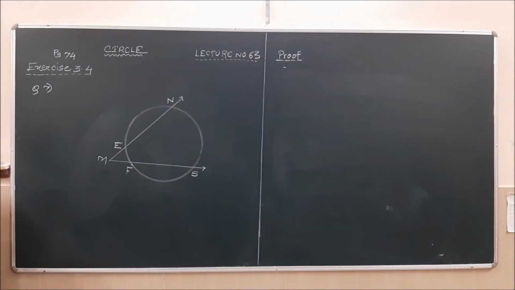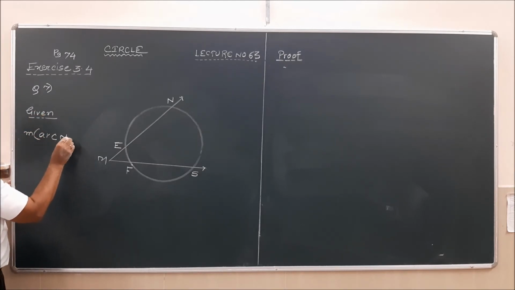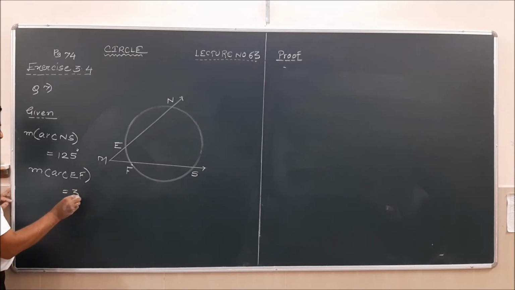So the question: measure of arc NS is given as 125, and measure of arc EF is given as 37. The question is to find